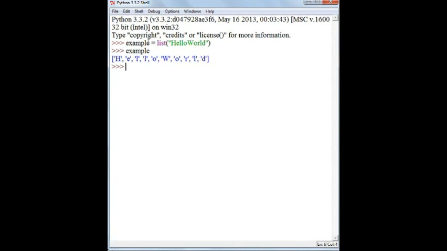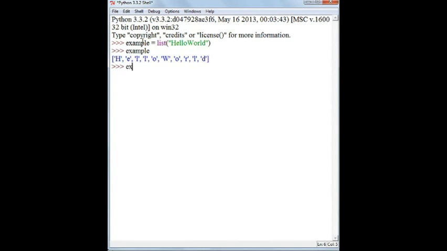Okay, so we have 10 characters in our list, that's hello world. And now when we use slicing, we can replace certain elements of our list with something else. So take our example list and we are going to edit it this time. Let's say we edit it from the 5th index position to the last.